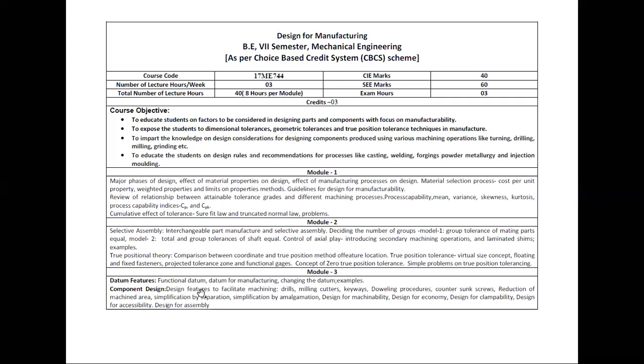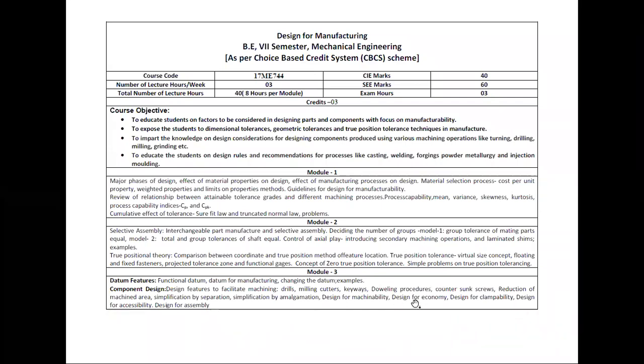In this, design features to facilitate machining, like for the manufacturing processes, for drilling and milling cutting, keyways, dowel procedures, countersink screws, reduction of machined area, simplification by separation, and simplification by amalgamation, and design for machinability and design for economy.